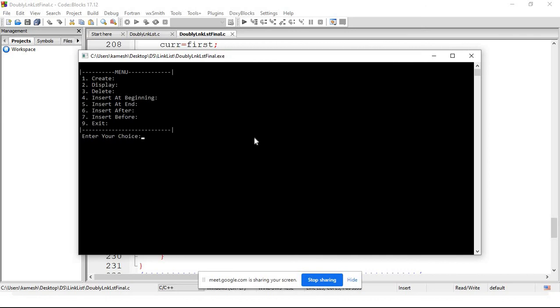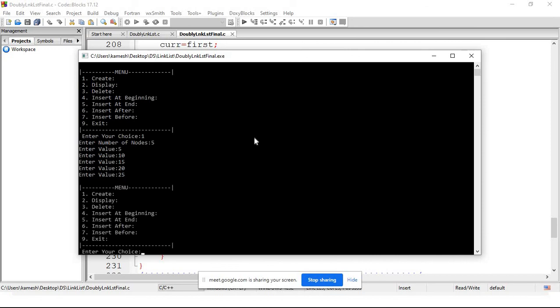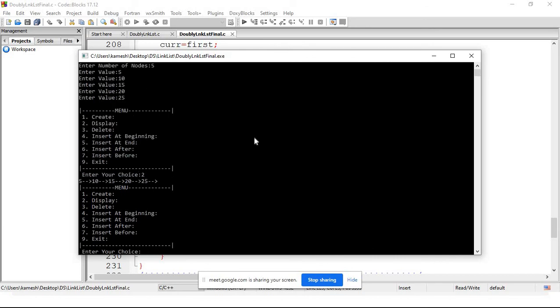I'm just creating a linked list with 5 values. Fine. Display the linked list. So 5, 10, 15, 20, 25 is there. Now I am going for insert after. So that is choice number 6.